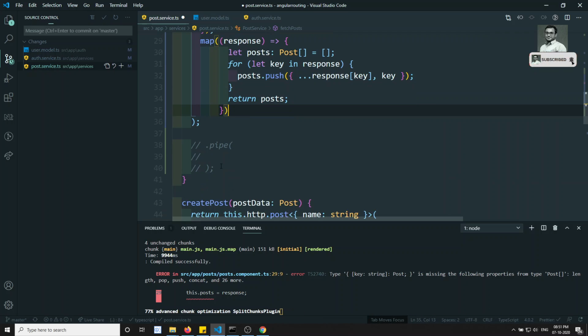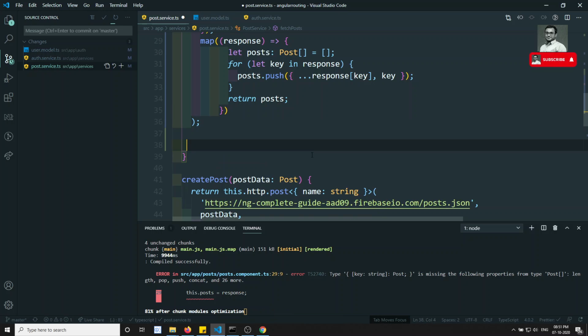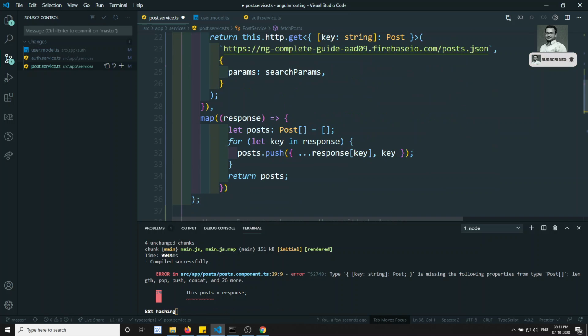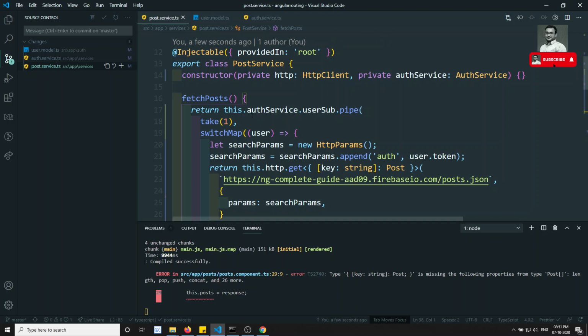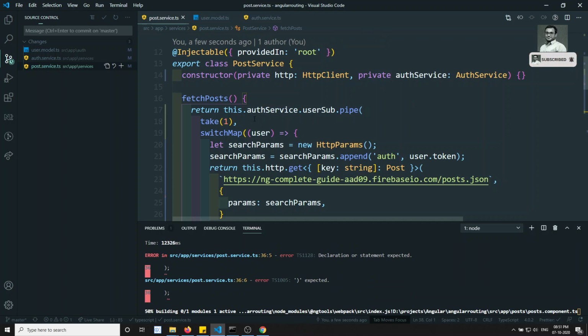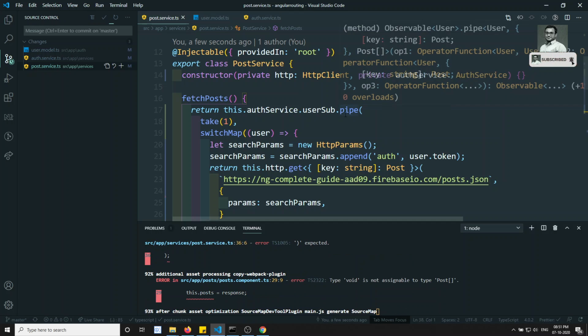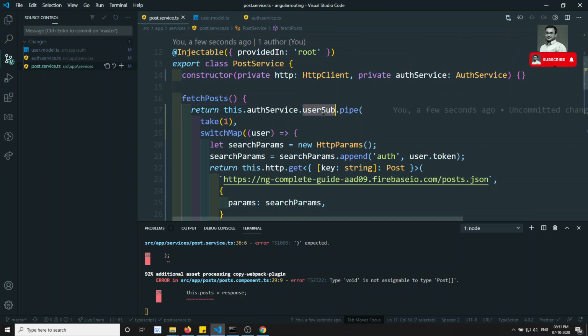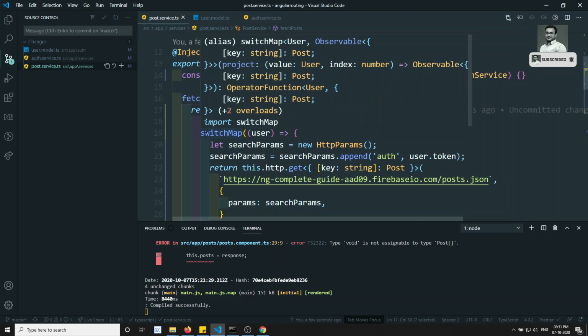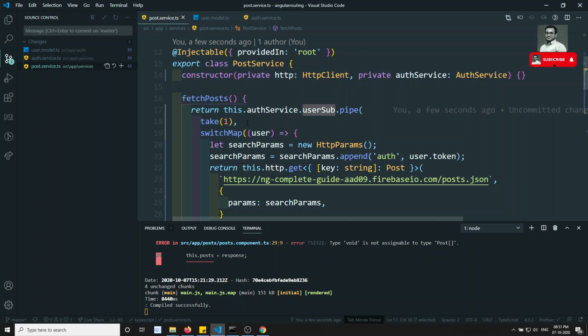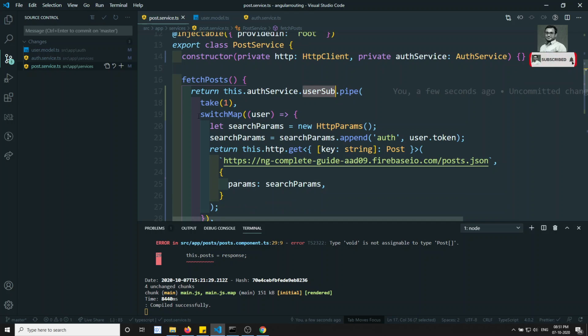So now we have used the observable like this. A little bit of confusion might be there. We have converted that one into the behavior subject, and we took the auth service user subscription. That means the observable will be the user subject observable, and into this one we have switch map. Only one time it has to execute, after that it should expire. Same thing like unsubscribe, you can also use take one.